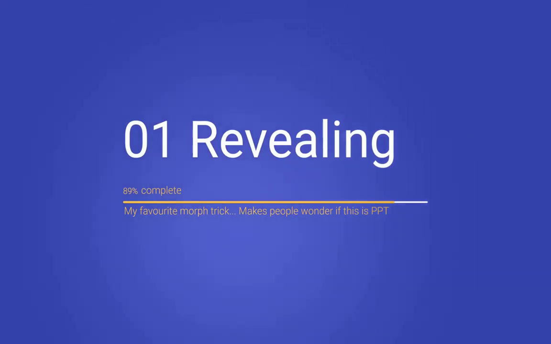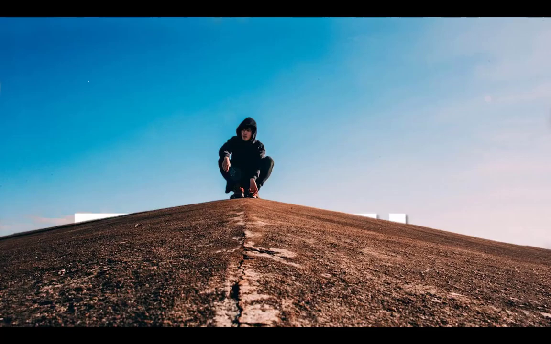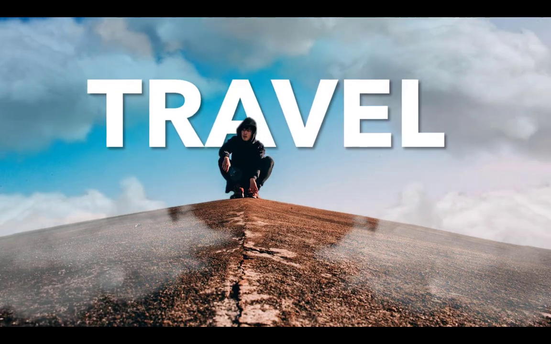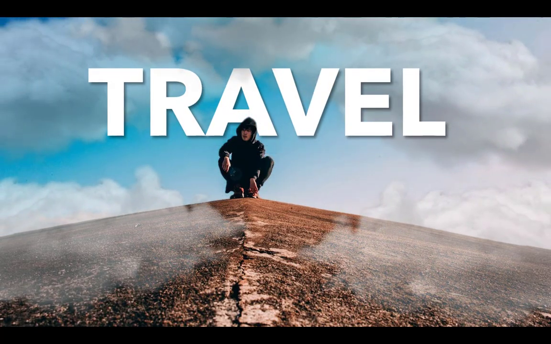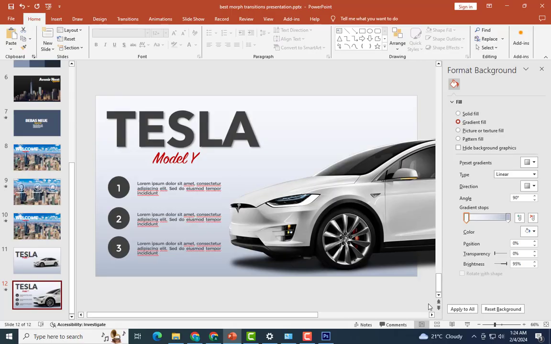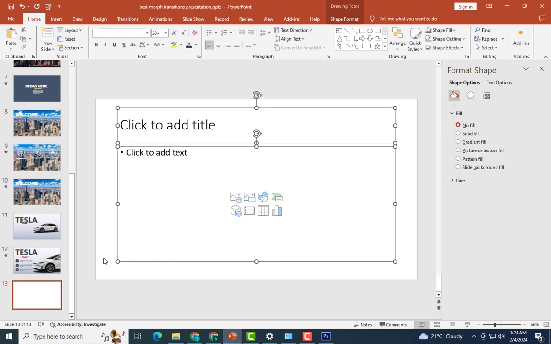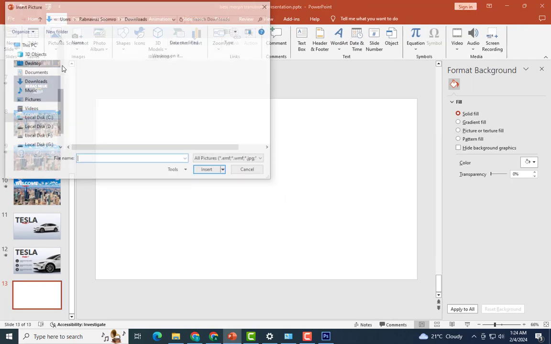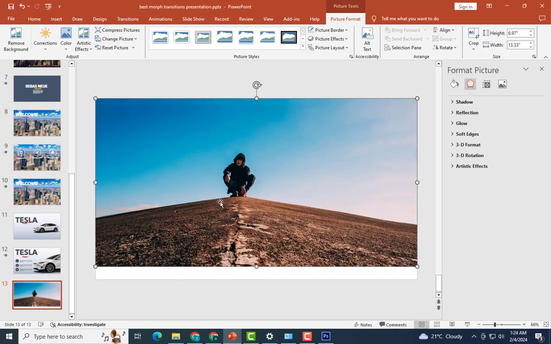Revealing, my favorite morph trick, and it really makes people wonder if it is PowerPoint if you do it right. Let's look at the example, and here we can have a reveal effect with some clouds coming in, and it really creates a 3D effect of your slide. Let's start from a picture, and we're looking for a picture where we can select some sort of an object in the foreground. It can be a skyline, it can be a mountain, it can be anything with some sort